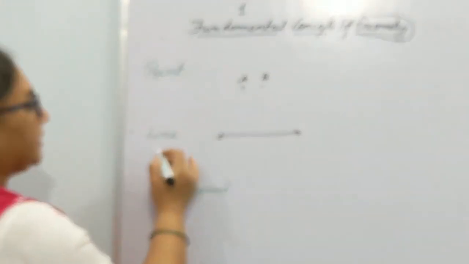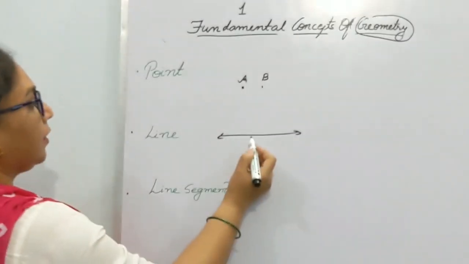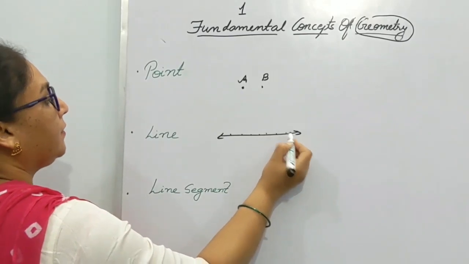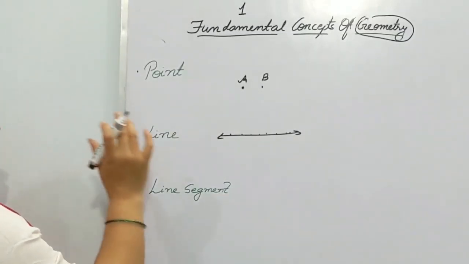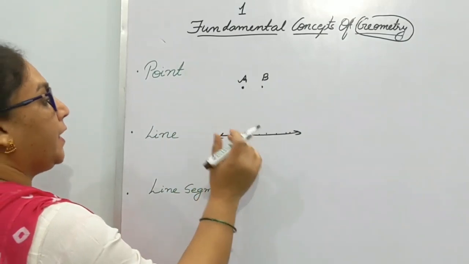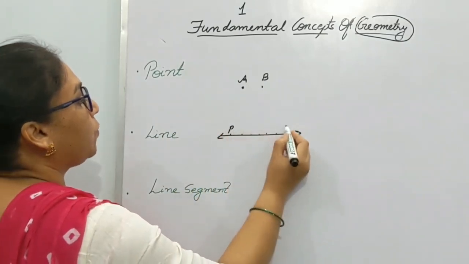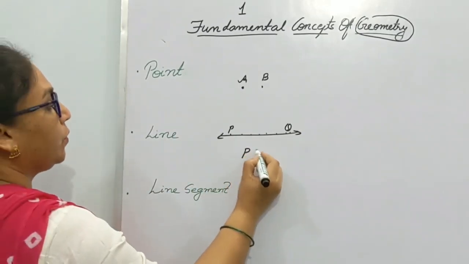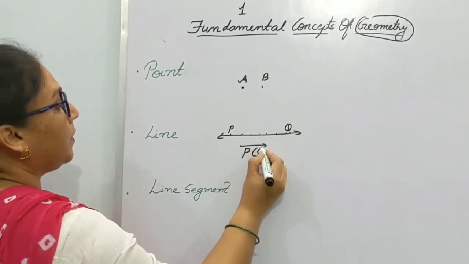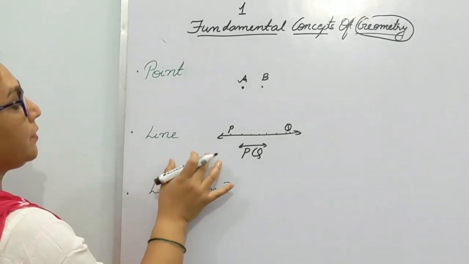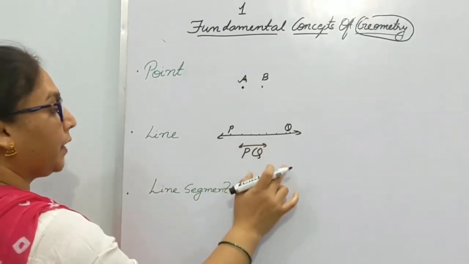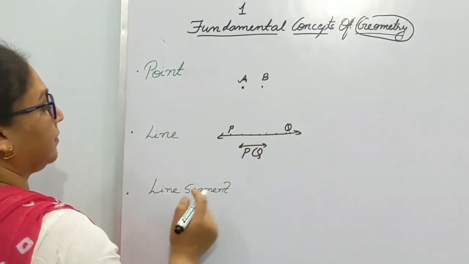Line. Line is a geometrical object on which countless points lie. And line is also called straight line. To name a line, we take any 2 points out of these countless points. And how will you represent a line? Using those 2 points with the symbol. So this is how symbolically we represent a line. A line has no endpoints, no definite length and no thickness.